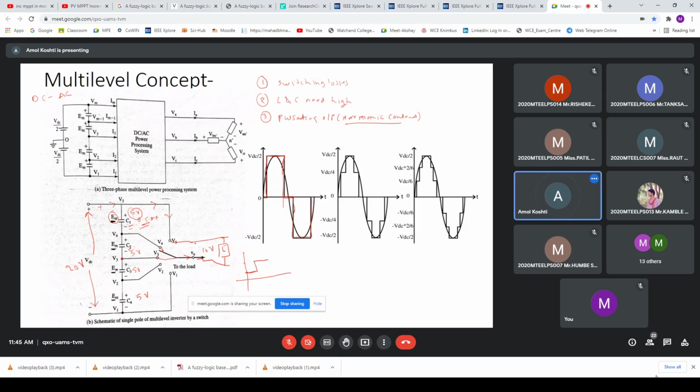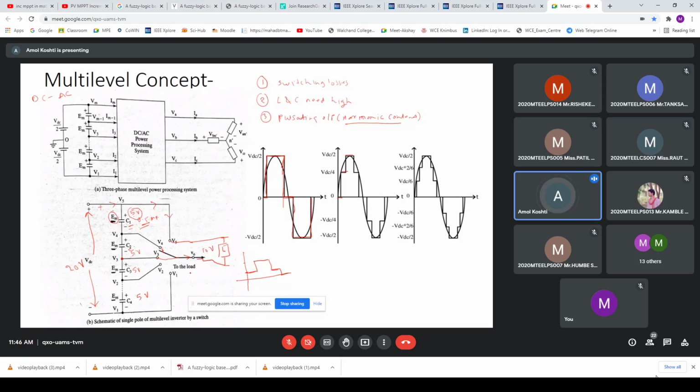Again, as I told you in the previous slides, in this way these pulses are produced. You can see this: first pulse is this, second is this, and third is this. After this, what happens? Again, we have to take the 5 volts. It means again we have to take C1 into the circuitry, and then we have to produce the zero output, which means we don't have to turn on any switch from this.